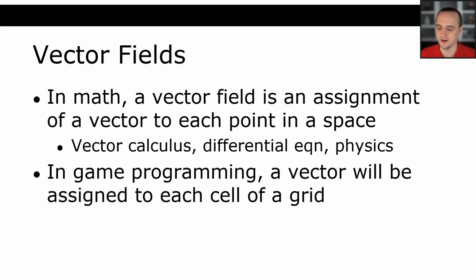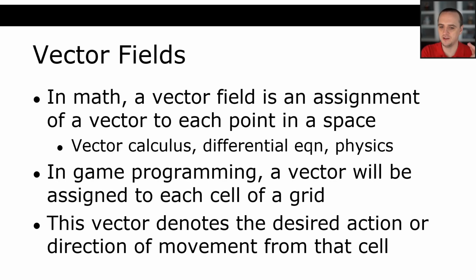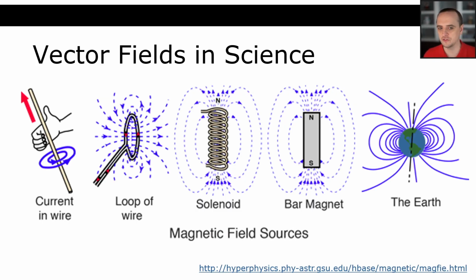In game programming, instead of a vector being assigned to each real value in space, we're going to assign a vector to each grid cell. And what that means is that vector is going to denote the desired action or direction of movement from within that cell. Okay, so let's have a look at some examples of vector fields. So vector fields, you've probably seen this sort of thing before, where they're talking about magnetic fields. So magnetic fields are described, and in simulation, they're computed with a vector field calculation, right? So at any point here, you can tell the direction of the magnetic field by its equation in the vector